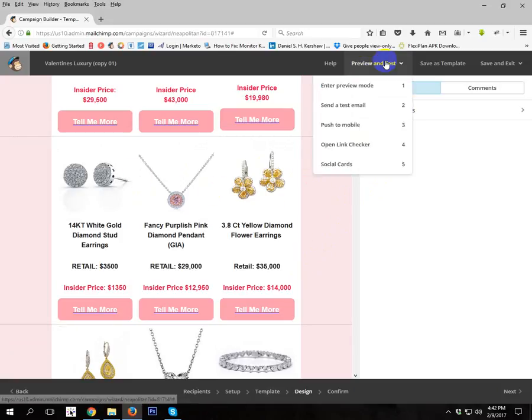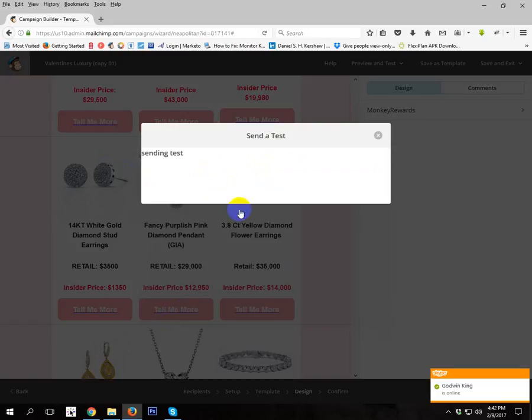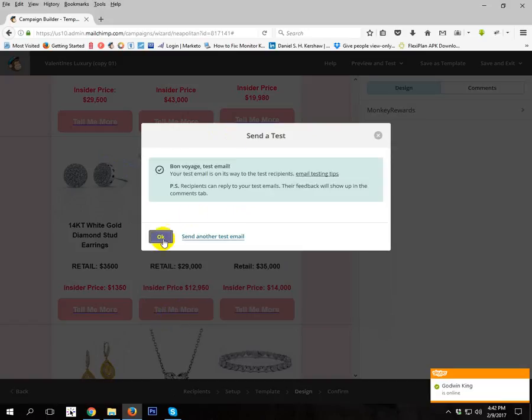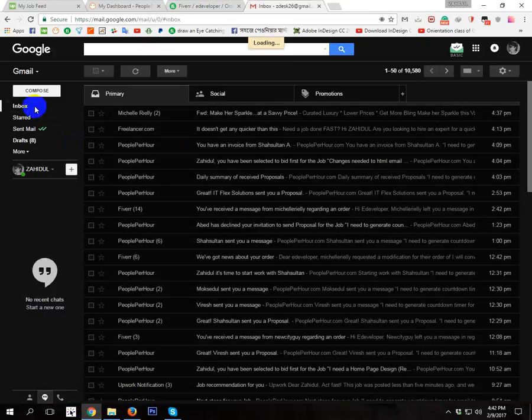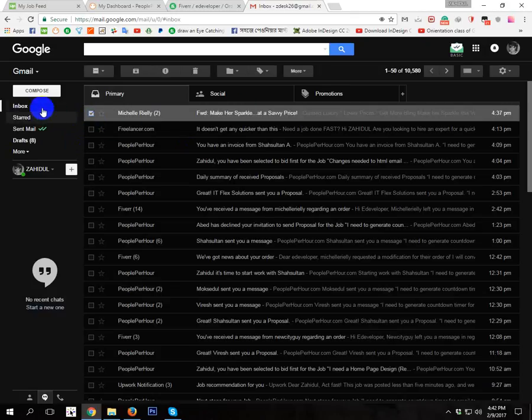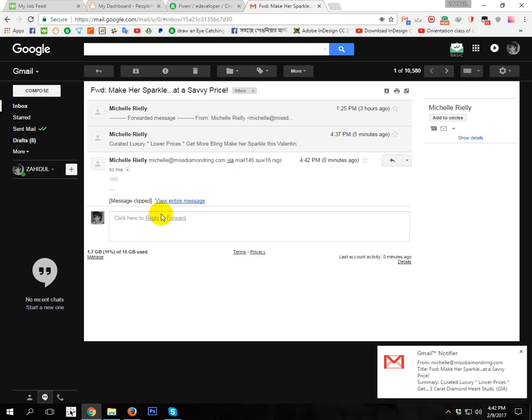Also you have told me you cannot see the image when you send it to your email. I have already sent it a few times to my different emails, and I can see the images loading properly. I have sent this email, send test mail. Test mail is sending now. Okay, the email has come.